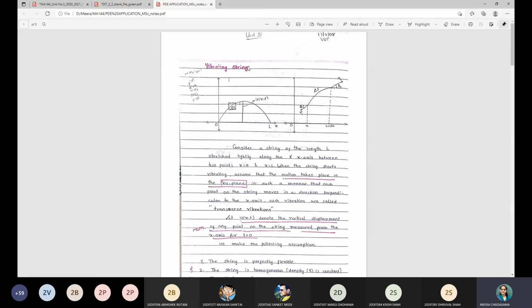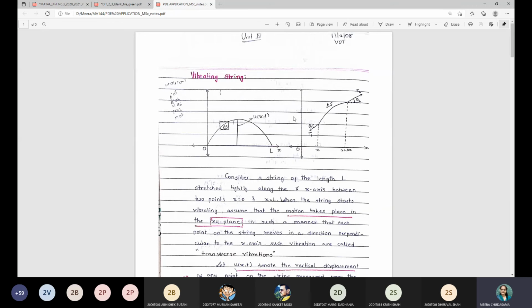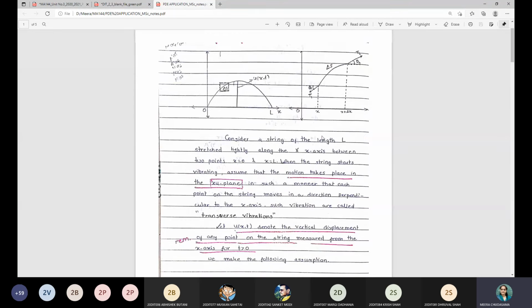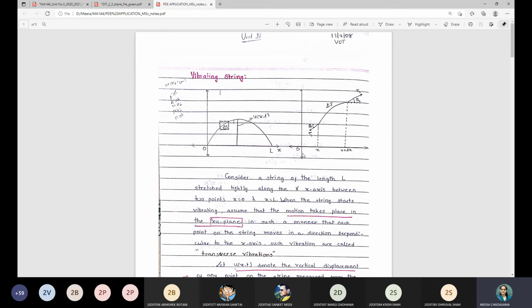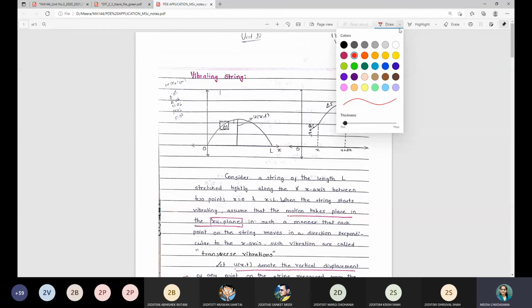So I am sharing my notes. Is it visible, no? Yes, sir. ओके, तो मैं सिर्फ आप लोगों को बताना चाहती हूँ कि हमारे पास सिर्फ एक इक्वेशन रहता है, बट वो पूरा डिराइव कैसे हुआ होता है, तो that I wanted to show you. That's why I have considered these notes. This is my MSc notes. I have just scanned it.